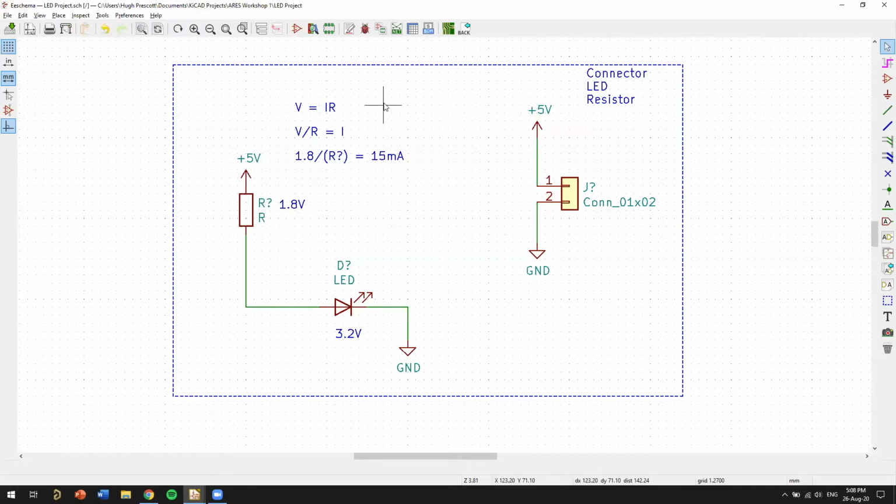Once you do that, each of these symbols here, you can imagine that they're actually a real physical device. You need to define that physical size, and what's called the footprint is basically where this device is going to connect to the copper on the PCB. Every different component has a different footprint that we have to assign to it. And then once they're assigned, we're going to bring up the